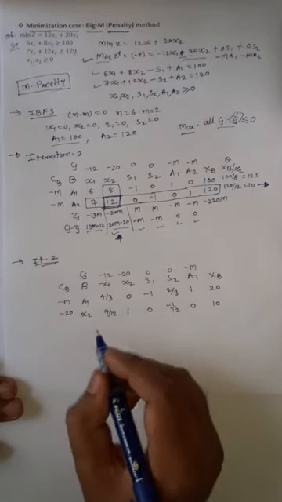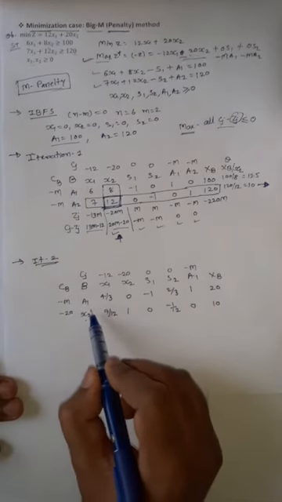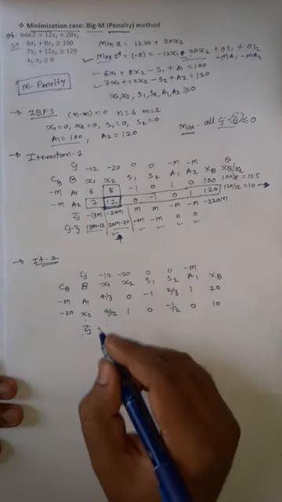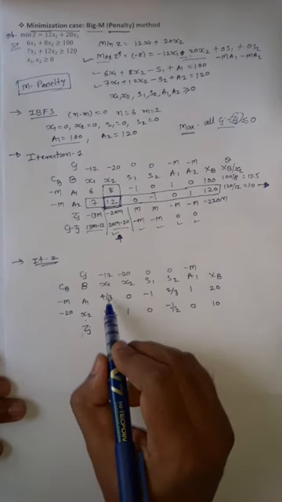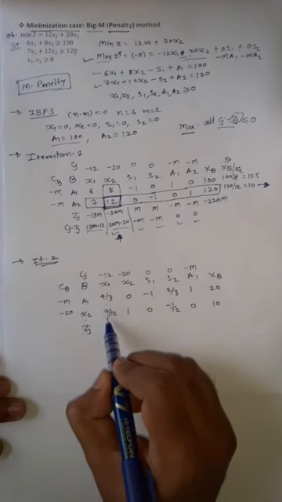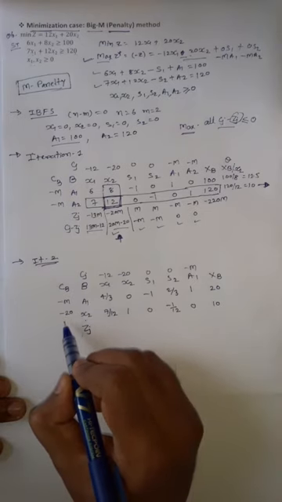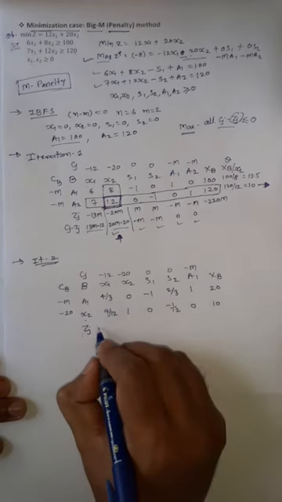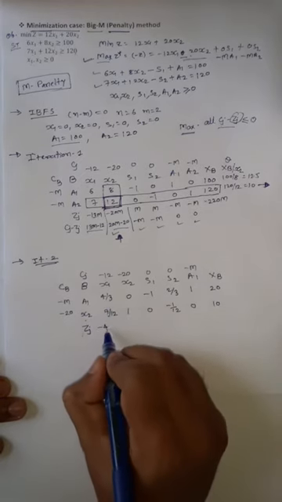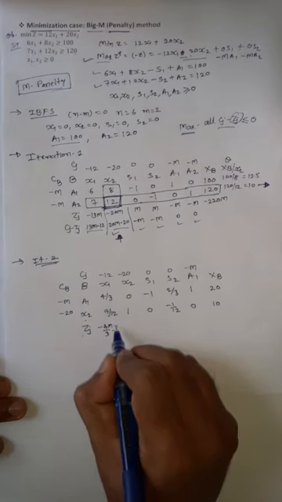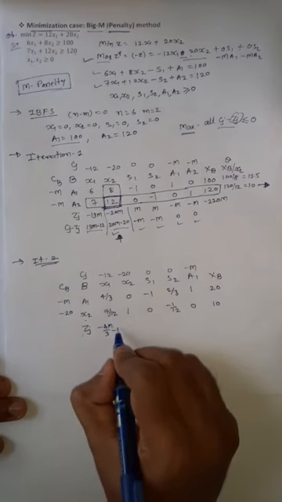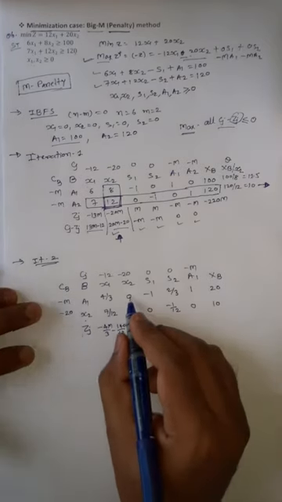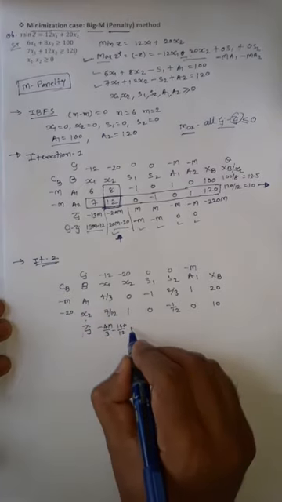After getting this table, with the new values of A1 and X2, let's check whether this is optimal or not. For that, calculate Zj as per the previous method. So it is 4 by 3 into minus m, into 7 by 2, plus 7 by 2 into minus 20. For that we get minus 4m by 3 minus 20 into 7 by 12. So it is 140 by 12. So this is the value of Zj. Here the value of Zj is 0 minus m 1, so it is minus 20.